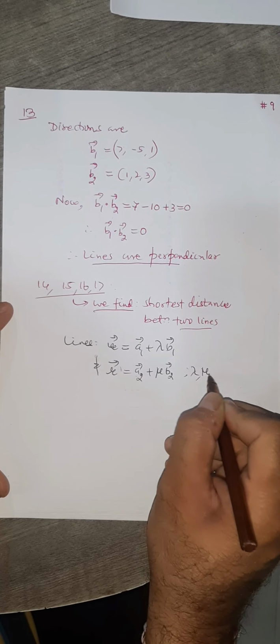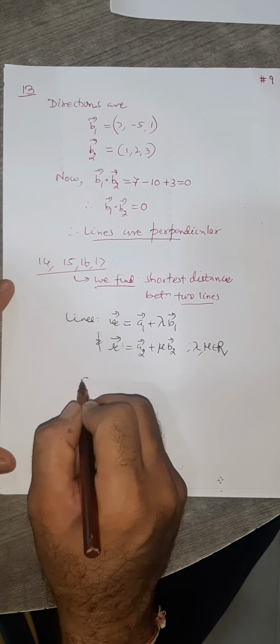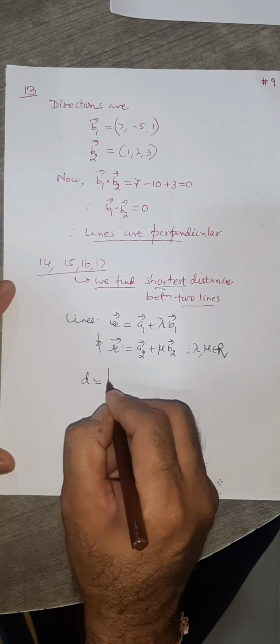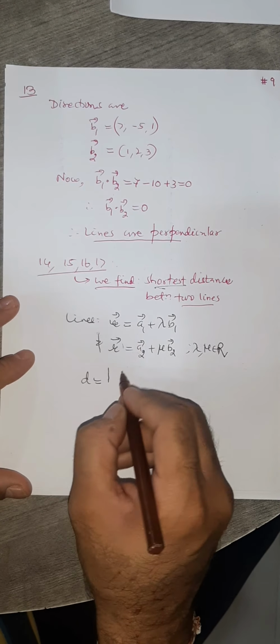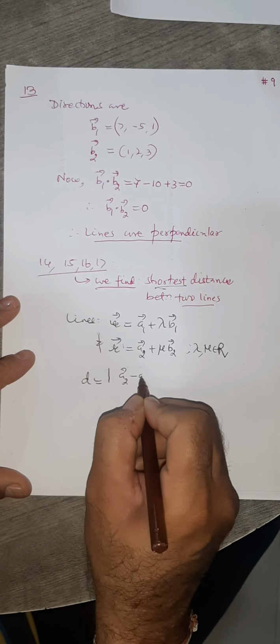Lambda and mu are 2 scalars here. Then the distance d, which is the shortest distance, inside the modulus is the difference of these two, vector a2 minus vector a1,